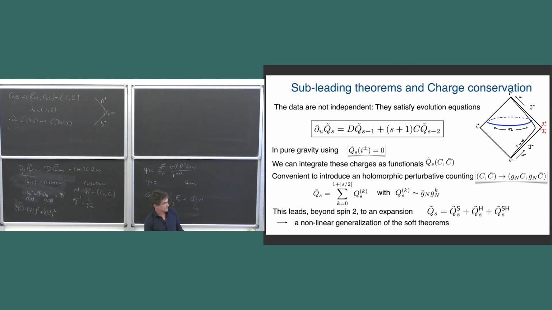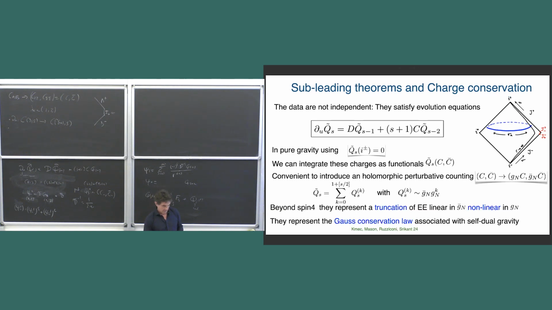You have this split into the soft part, which is linear, the hard part, and the super hard part. And they represent the truncation. The truncation I'm doing is that imagine you take Einstein's equation, okay? And instead of doing a perturbation in G Newton, I'm staying non-perturbative in the small g, but perturbative in G bar. Then those would be the equations to all order in g, but linear in G bar, that you will find.